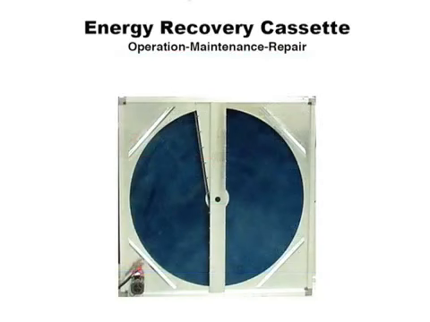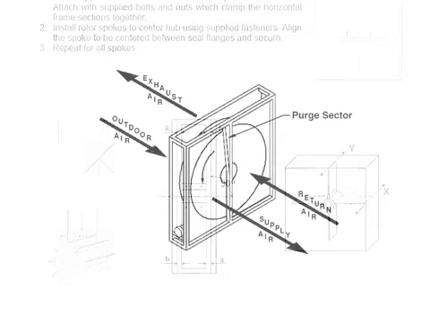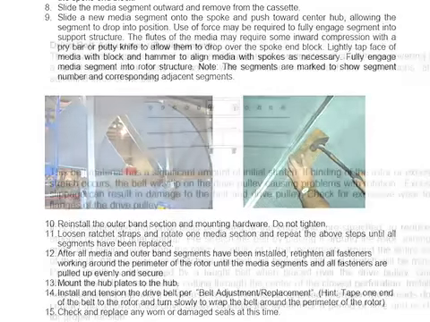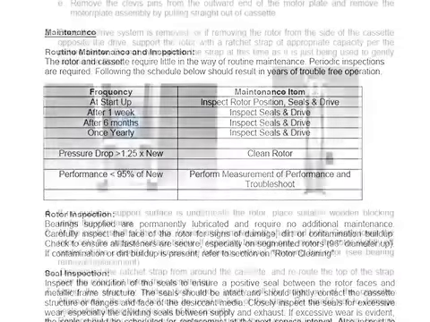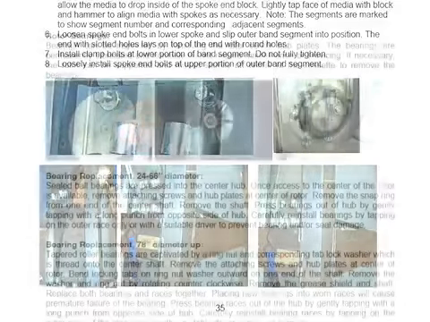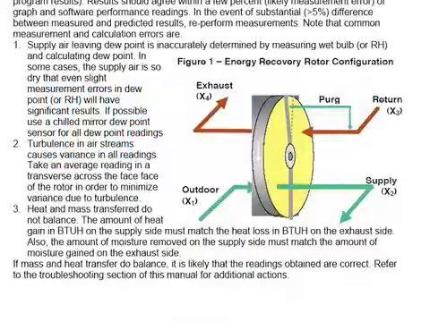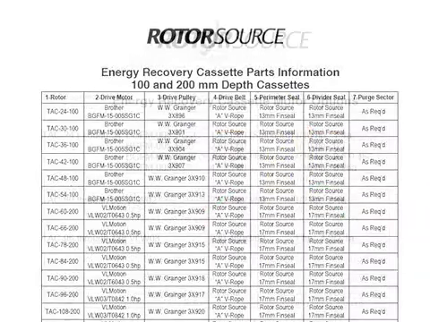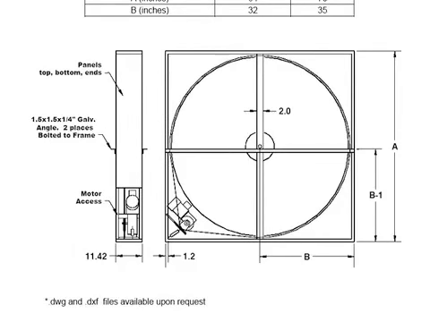Our website also includes a download for a very detailed energy recovery technical manual. It covers the installation, operation, and maintenance of the product, including information on a segmented system, a drive belt, maintenance procedures, such as removing a wheel if necessary, adjustment of the outer band, installation and removal of segments and bearings, checking on the performance of the system, troubleshooting, parts, motor consumption, and engineering drawings that are suitable for use in